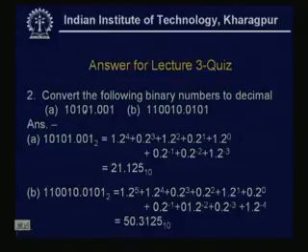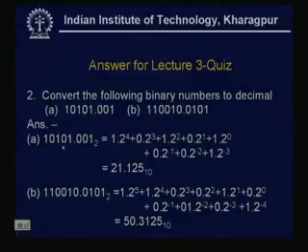The second question was to convert the following binary numbers to decimal. As here the binary radix is 2, using the formula we did, 10101 means 1 into 2 to the power 4, where 4 is the place value. Similarly, 0 into 2 to the power 3 plus 1 into 2 square,